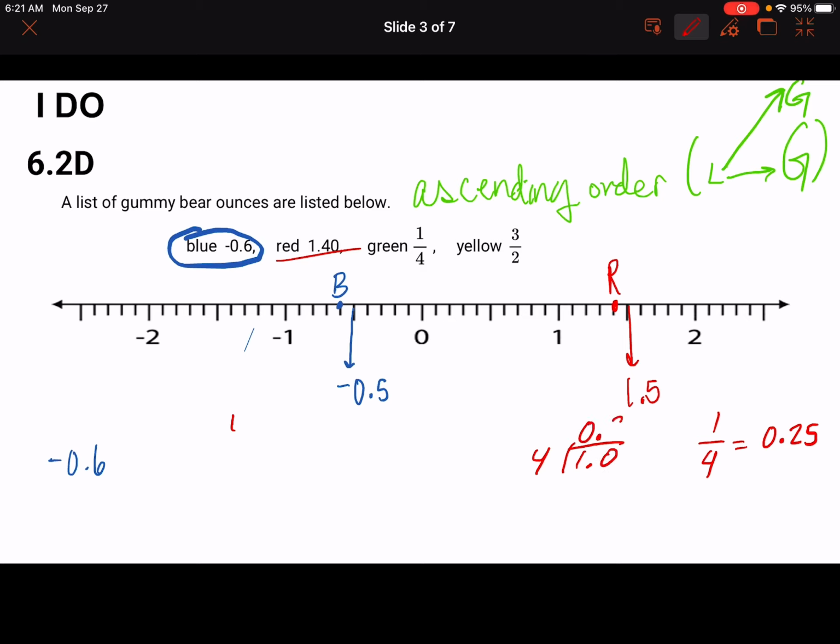Four goes into 10 twice, with the remainder of 2. Bring down another 0. 4 goes into 20 5 times, perfectly. So 25/100 is going to be halfway between half